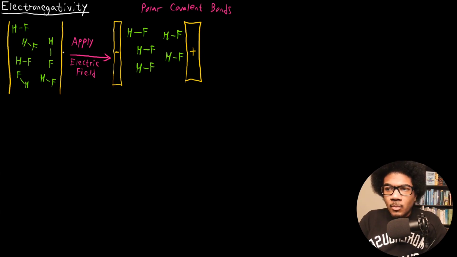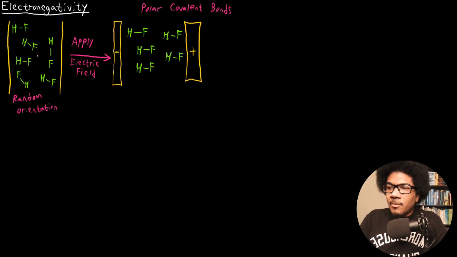So we talked about this a while ago, but just as a refresher, let's think about what would happen if we had a container of hydrofluoric acid or of HF gas, right? If you had just a container of HF, then you would have these molecules in some sort of random orientation, right? So they would be in the container, and you would have some oriented one way, some oriented another way. It would really be more or less a random distribution of possible orientations for HF in this